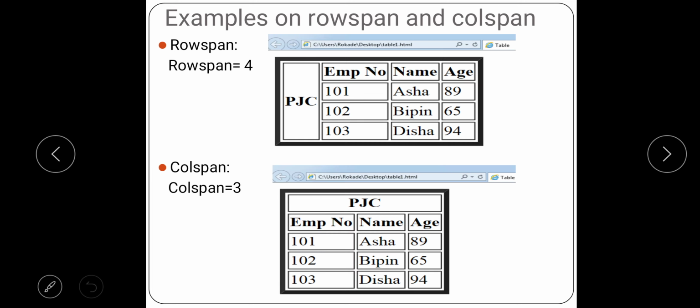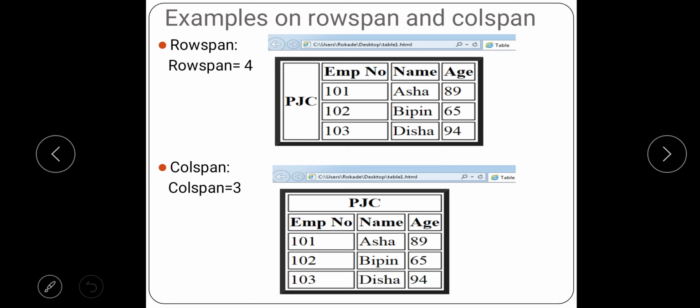So here are the examples, right? What we can see in the example is row span equal to 4. If you observe the table properly, how many rows are there? There are total 1, 2, 3, 4, 4 rows, right?